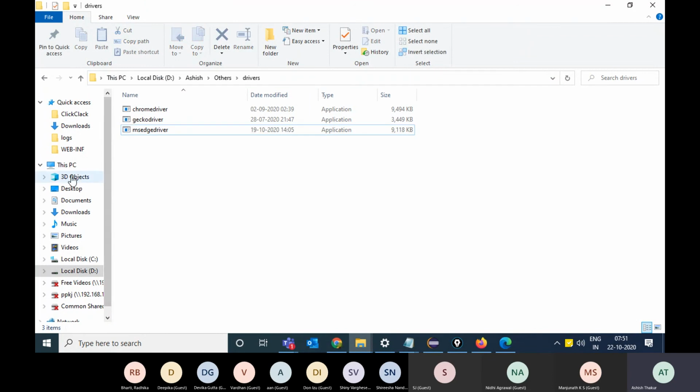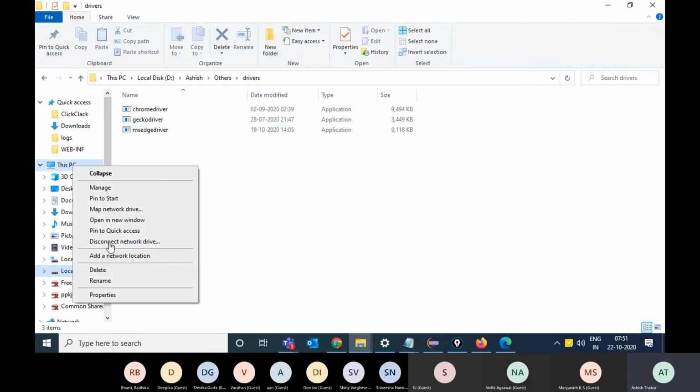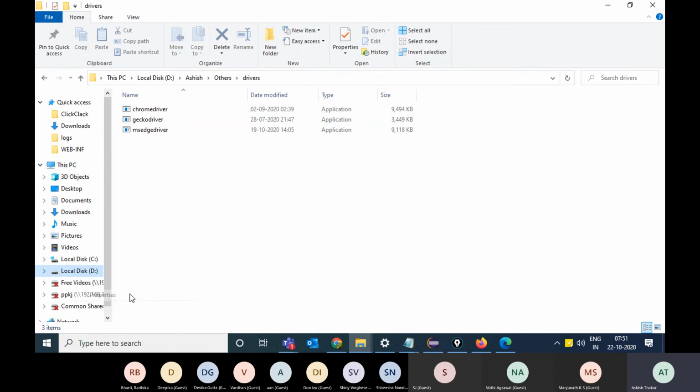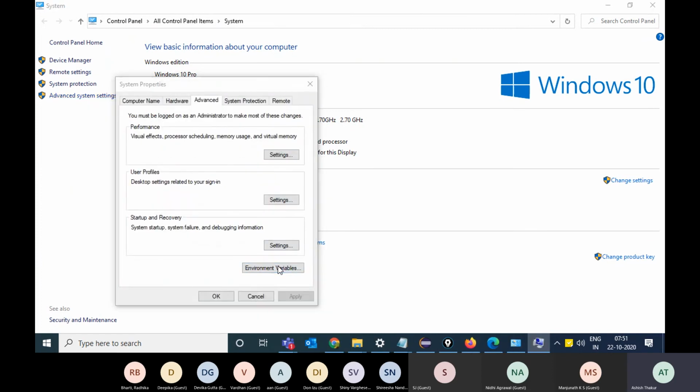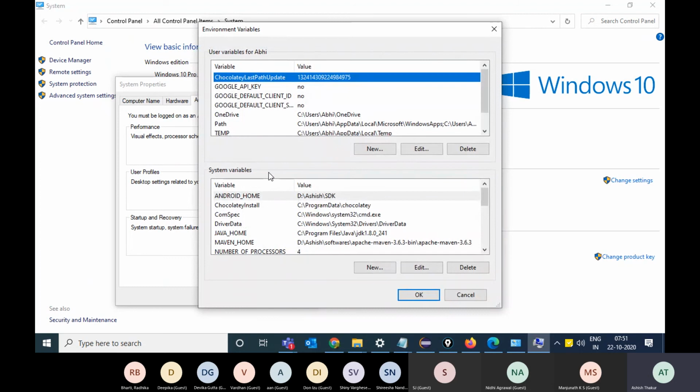Go to My Computer properties. You have to add them in the environment variables, and they will automatically be picked up. Go to advanced system settings and go to environment variables. In environment variables, you will see system variables over here.